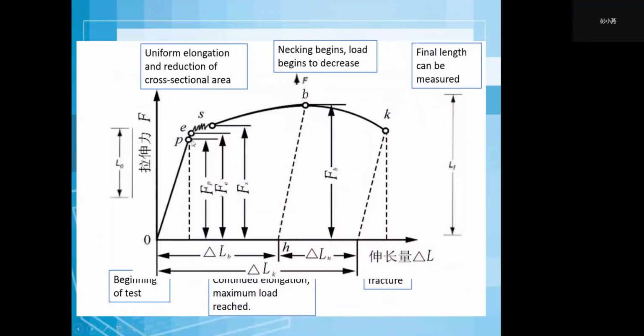Okay, this is the diagram, and from this point P, E, S, B, and K. The point B means the maximum stress of the metal, and K is the break stress,